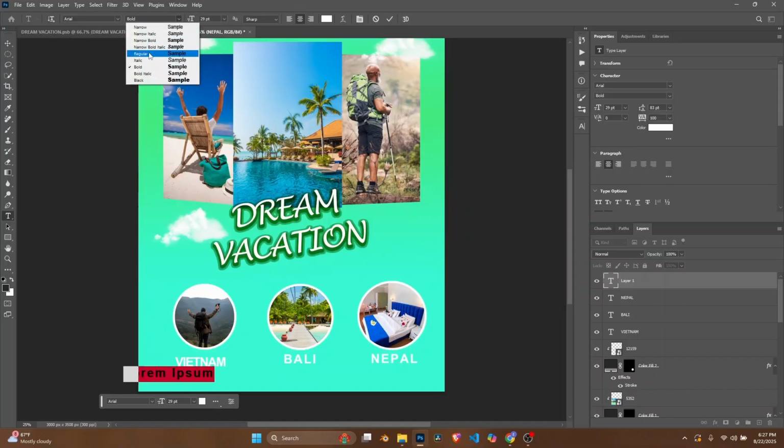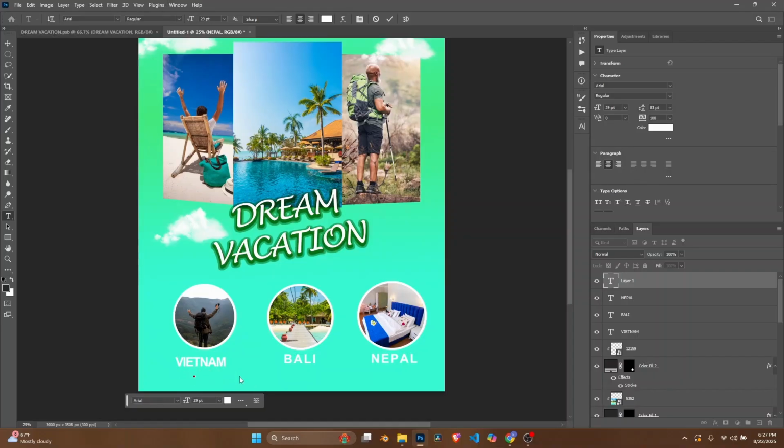I'll change the font to regular. Now write the words you see on screen. Drag select, then change the font size, the spacing, click outside, then